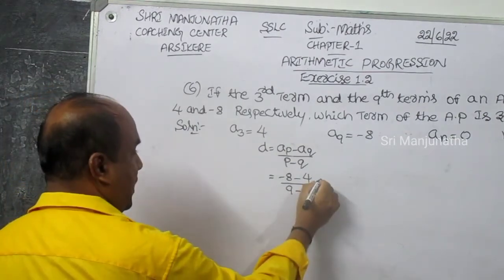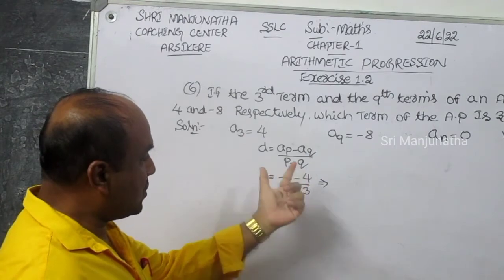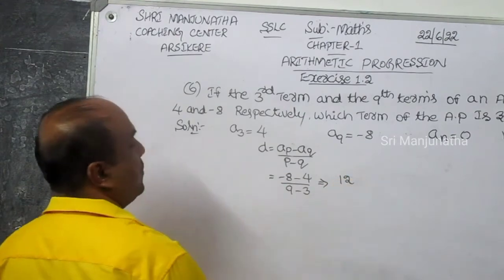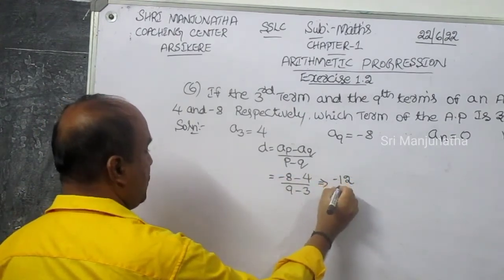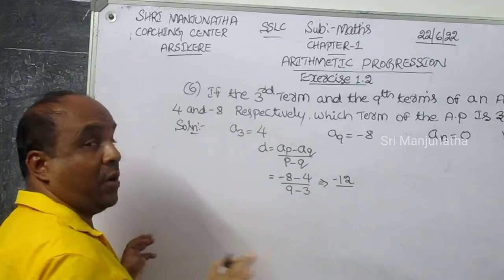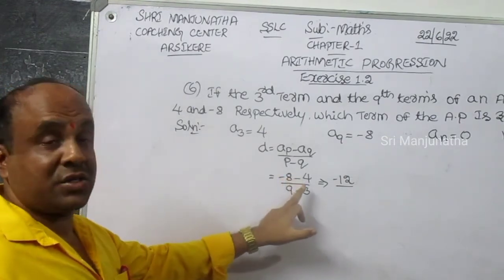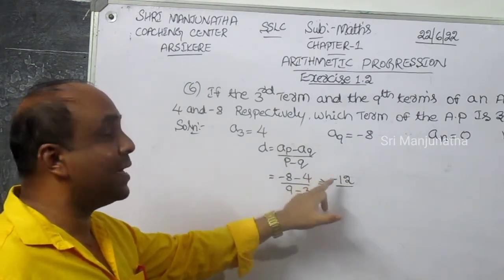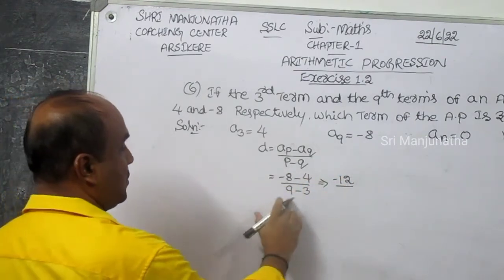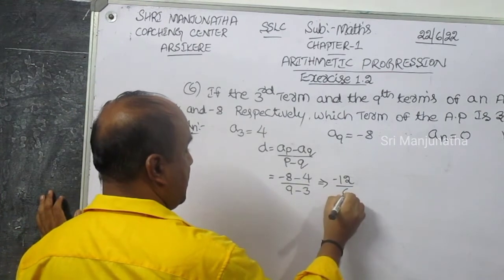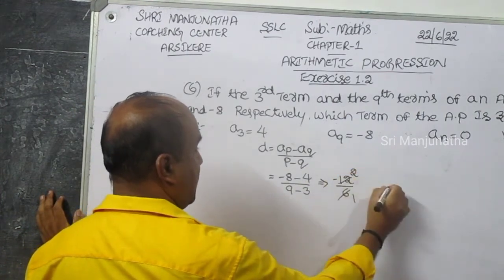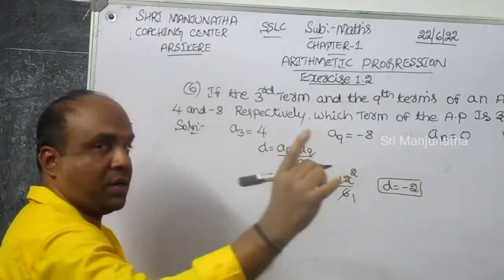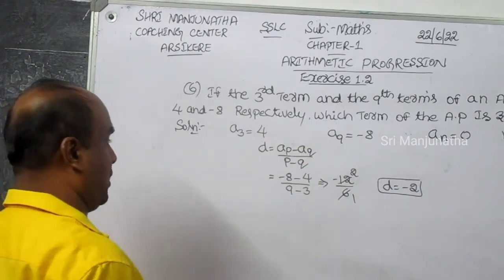If the numbers have the same sign, you have to add. 8 plus 4 is equal to 12. Both signs are minus, so I have not multiplied here, only addition. 8 rupees plus 4 rupees is 12 rupees, but it is negative, not positive. 9 minus 3 is how much? 6. 6 ones are 6, 6 twos are 12. d is equal to how much? Minus 2. The sign is very important, students. Okay, d is equal to minus 2.